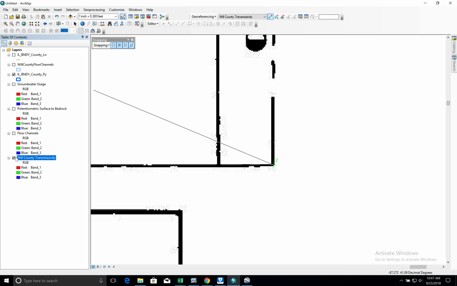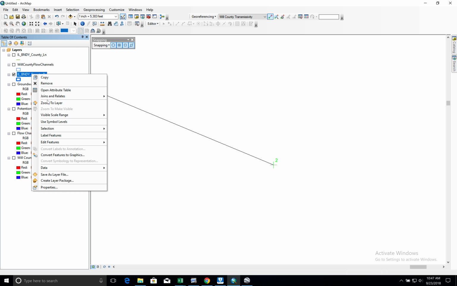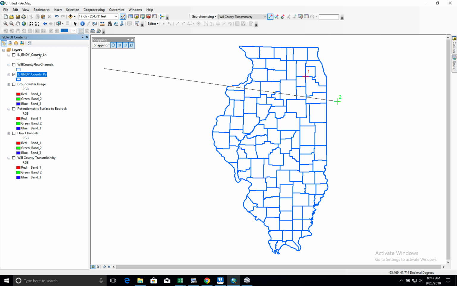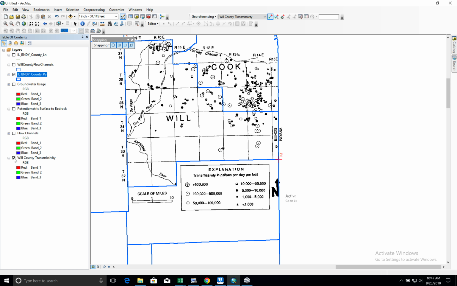I can turn this one off, zoom to my layer, zoom back into this corner, turn my control point back on again, and snap to that corner. I can turn on my transmissivity, and it actually pops in pretty nicely here on the